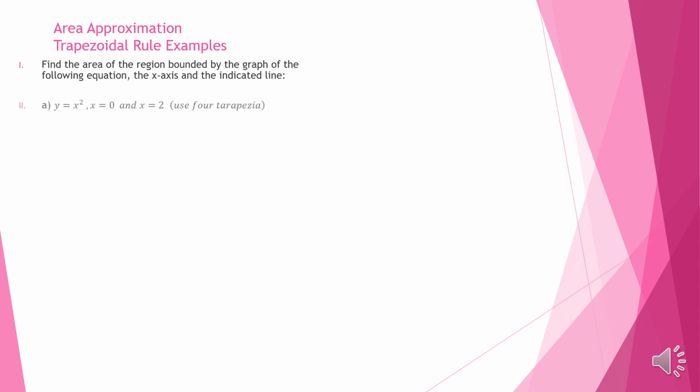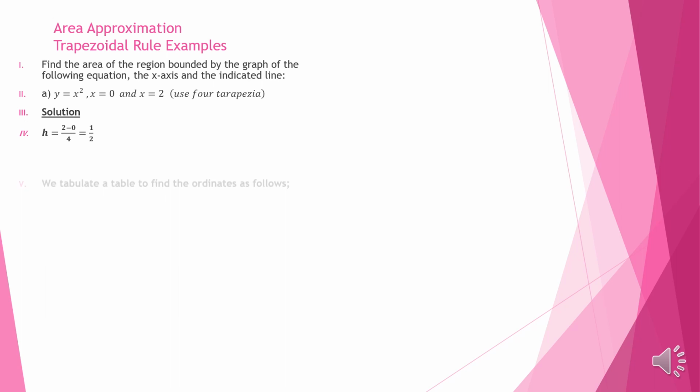Now, the first question I'll be tackling is y equals x squared. The range is x equals 0 to x equals 2. They are told to use 4 trapezia. So the question goes, find the area of the region that is bounded by the graph of the following equation, the x-axis and the indicated lines. The first step is to find the uniform height of each trapezium, and that one is gotten by taking the difference between the boundaries and then dividing by the number of trapezia. So it will be 2 minus 0 divided by 4,